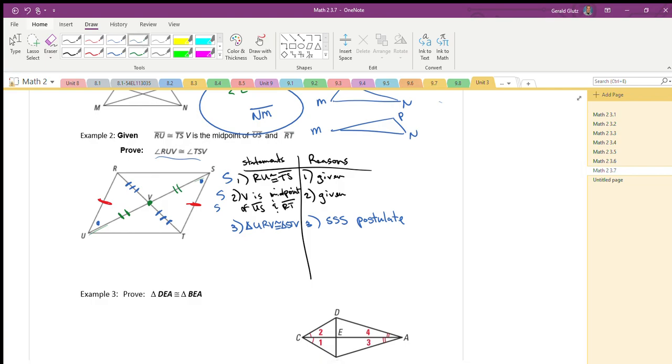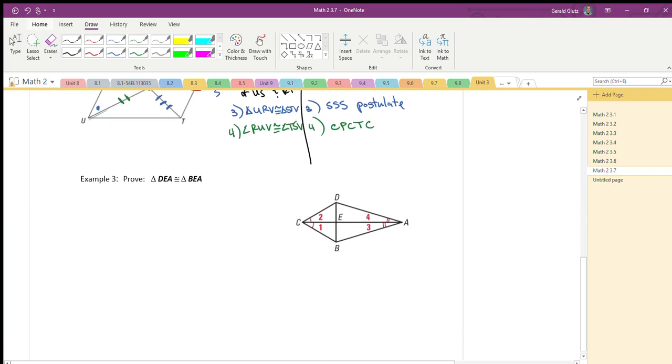So now that we know those two triangles are congruent and we're trying to use one of those angles in each of those triangles, we can prove that the two angles are congruent. So angle RUV is congruent to angle TSV. So if the two triangles are congruent, how do we know that angle is congruent? By CPCTC. So again, CPCTC is saying if the two triangles are congruent, then we know all the corresponding parts of those two triangles have to be congruent as well. All right, so example 3, we got another proof here. And this one